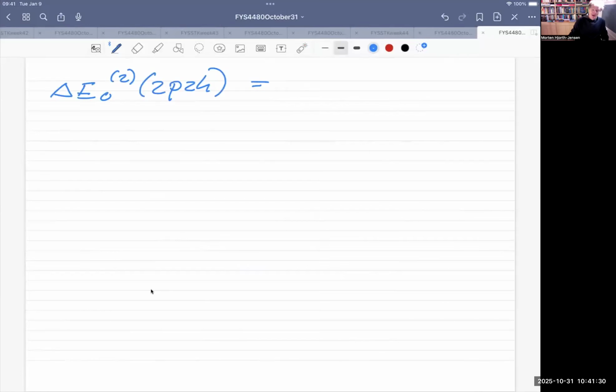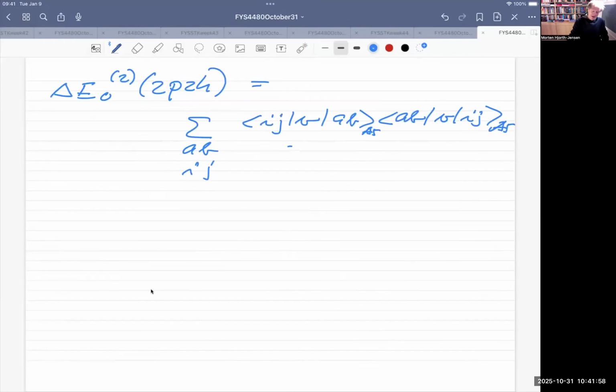Since I get these interactions four times, this is going to be given by a sum over A, B, I, and J. And then I will get these integrals of V, A, B, and then multiply with A, B, these are anti-symmetrized, and then V, I, J,